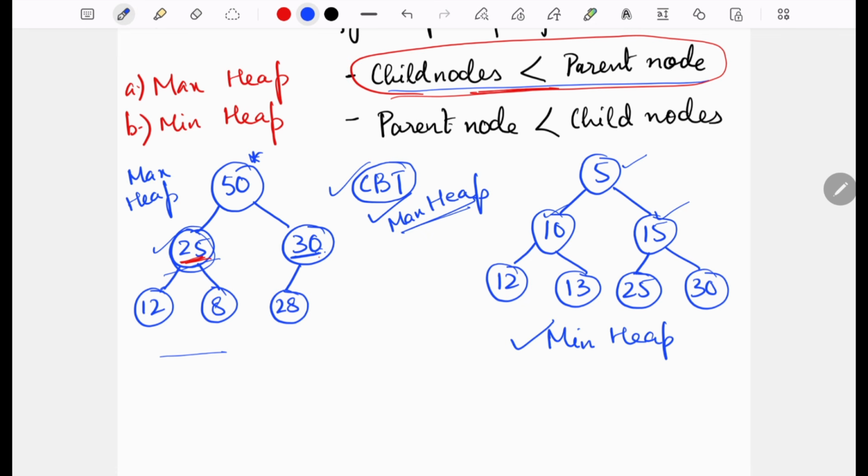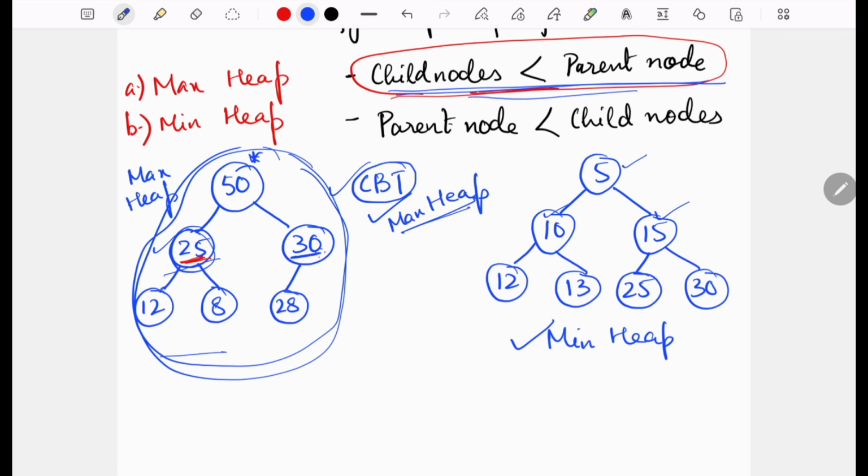Now we know what a max heap is and what a min heap is. Can you tell me, once you are given a heap, say you are given a max heap, what will be the time complexity to find the largest element? See, once you say that this is a heap, it will satisfy this property along with being a complete binary tree. So after you satisfy the property that every parent is greater than both of its children, what can you infer?